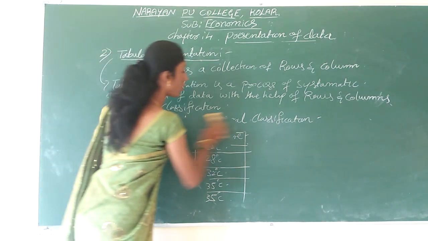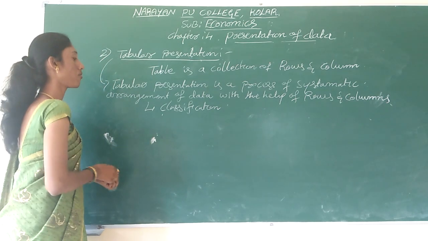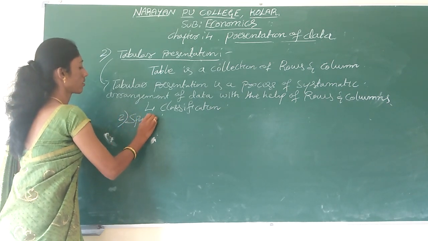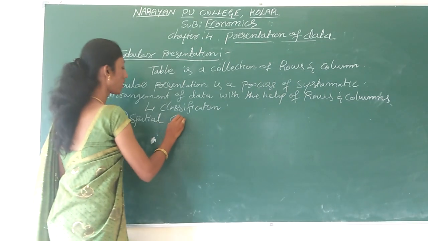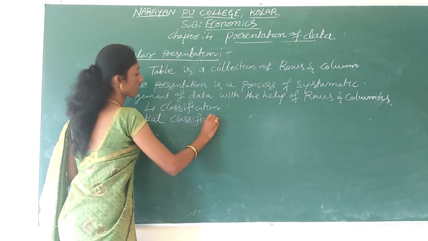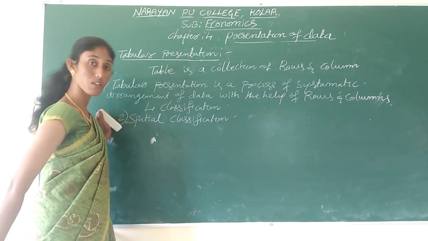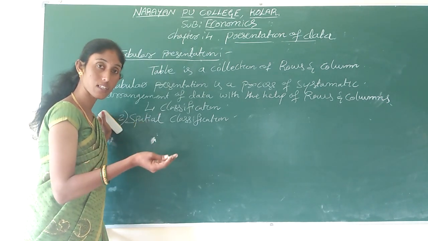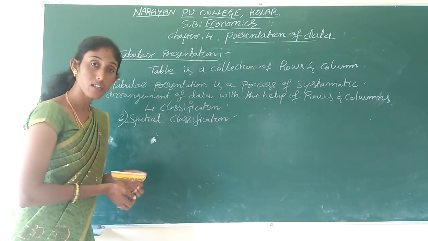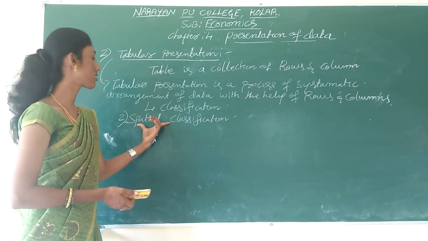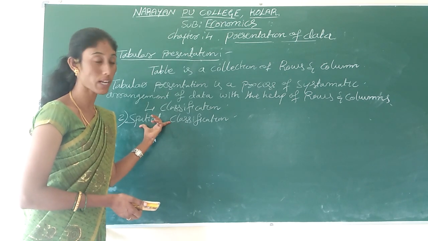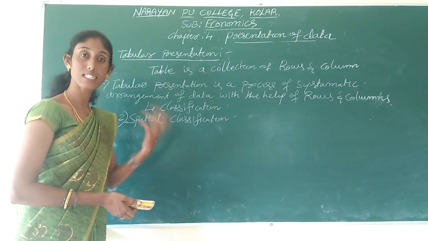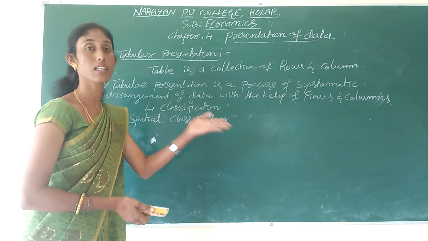Then next, one more form of classification of table is the second one, spatial classification. Here, spatial classification of data is very simple, nothing but when we present or classify the data based on the geographical locations, that is spatial classification. Understood, right? Based on geographical location, that means village wise or city wise or district wise or state wise or country wise, if you are presenting the data, then that will be called